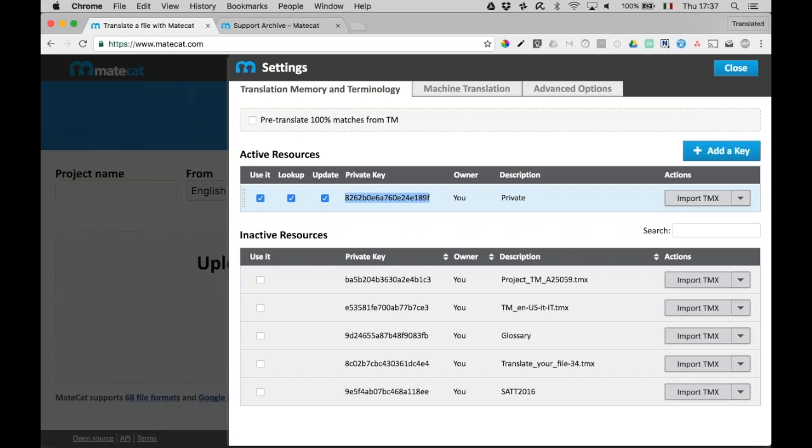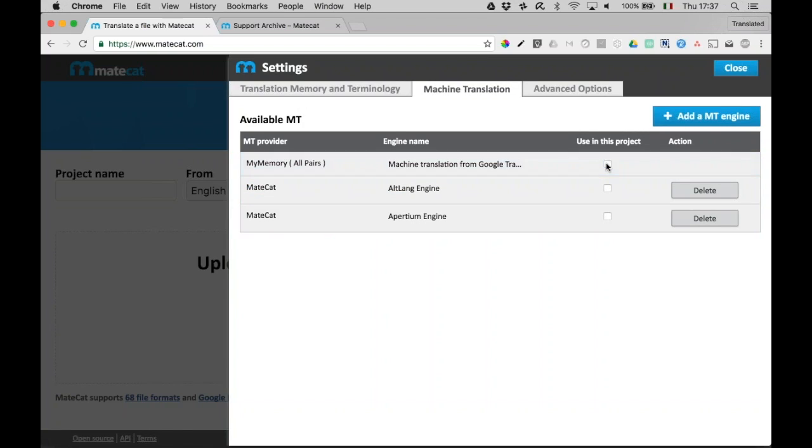Also, as some of you noticed, while we provide MT, we are also querying the MT engine to get a suggestion. So we are sending the source segment to the MT engine. So when you are translating in MateCat, there are different levels of privacy. One, you can add a private TM, just like I did here. Two, you can disable machine translation, like this. And by doing this, the only information that you share, you're sharing it with the MateCat servers. Okay? And the MateCat servers are secured because we use basically the same security level of bank services.